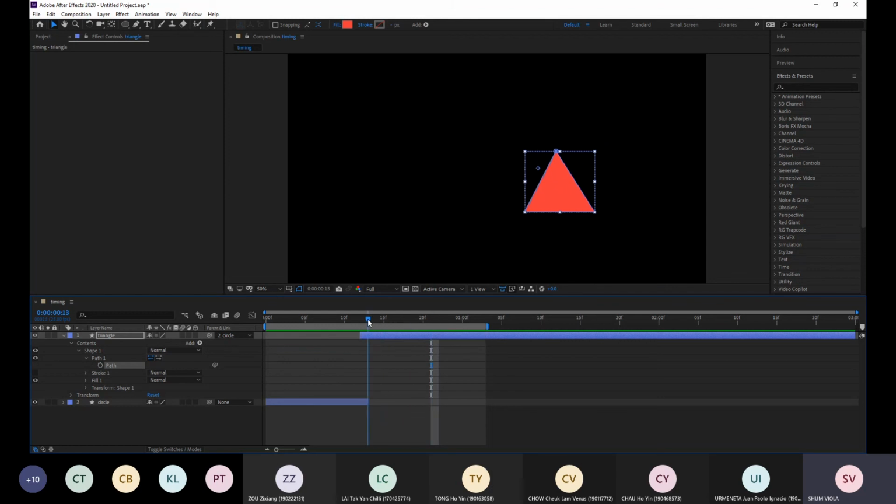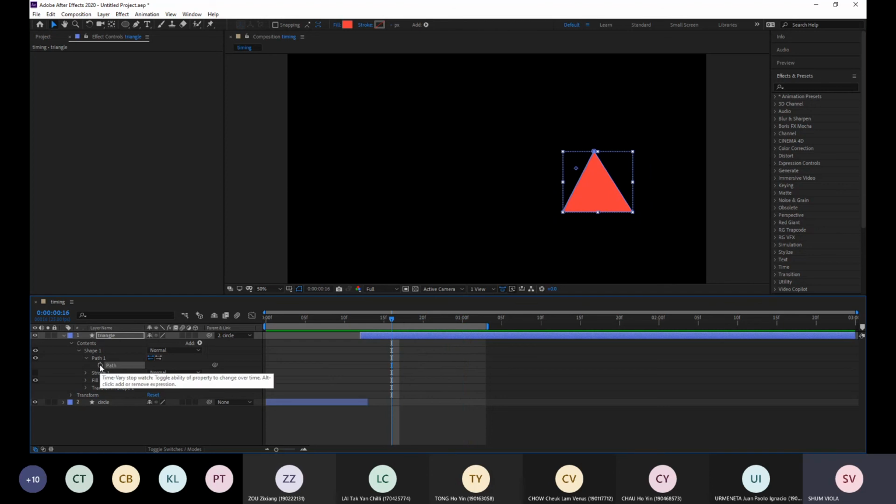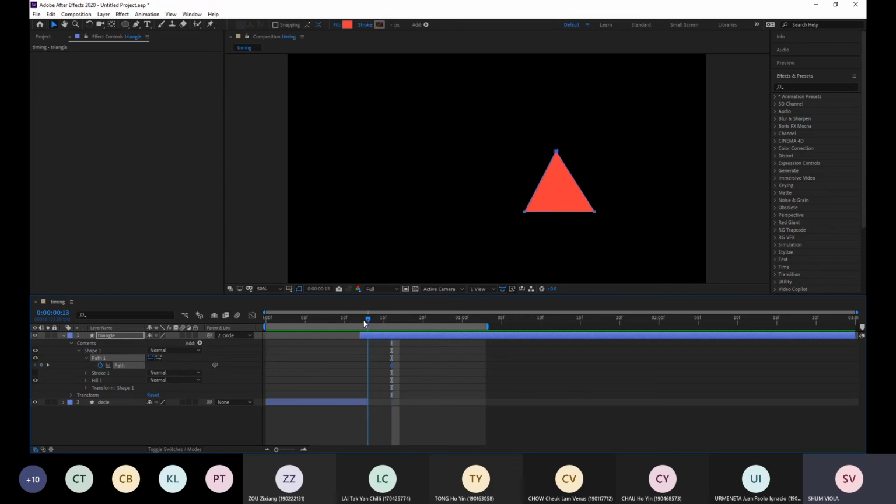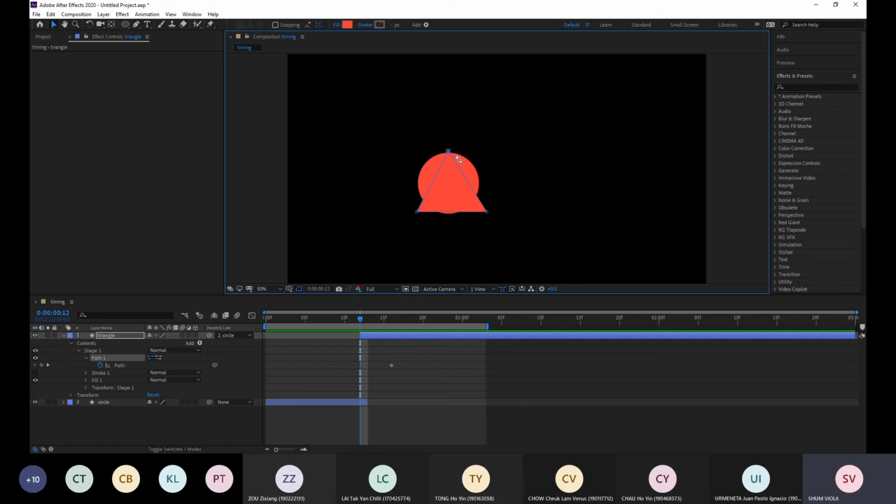Okay. Because when you look around your animation, it's actually quite slow here, very slow motion, because you can see the triangle is only a bit here. It means they are very slow. So I will start adding a keyframe here in the path. Okay, it will become a very normal triangle shape. And then I will go back here. Now they are overlapping two triangle shapes, so I will slightly hide, partially, my triangle.